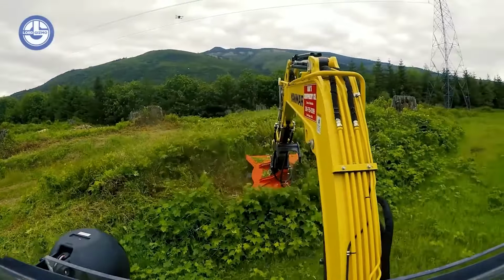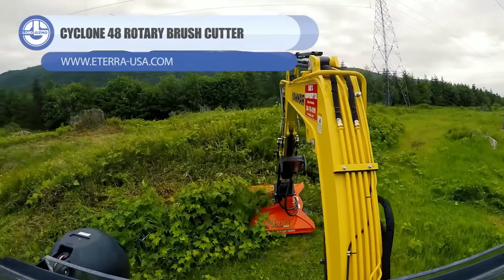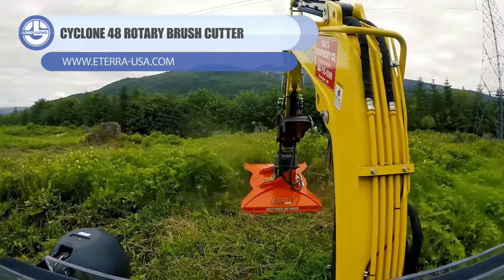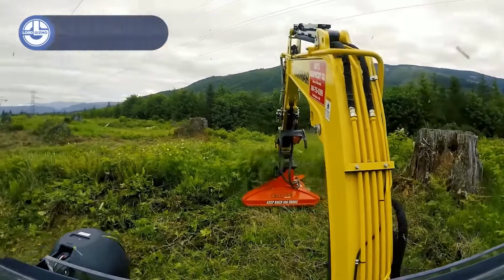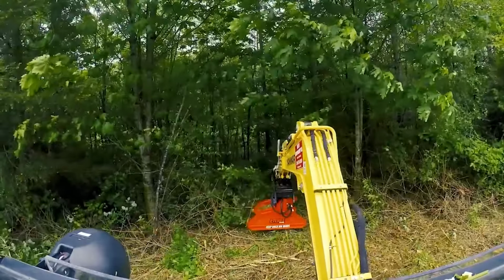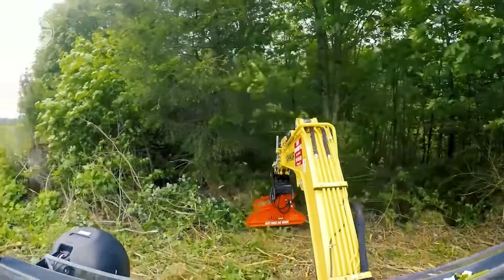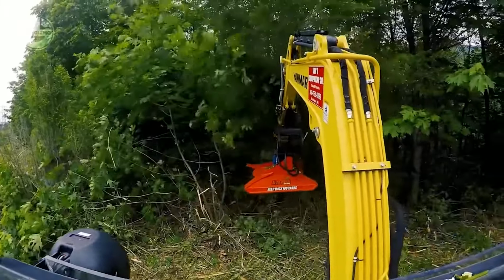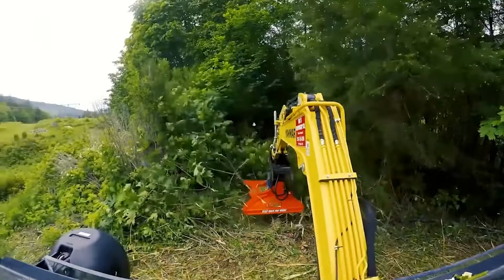With its amazing capabilities, this attachment stands out among others in its class and is an exceptional option for any excavator owner wishing to effectively clear brush from roadsides, driveways, ditches, and other locations. The Cyclone 48-inch brush cutter's two 9-pound forged steel blades, which spin at speeds of 1500 RPM, enable it to